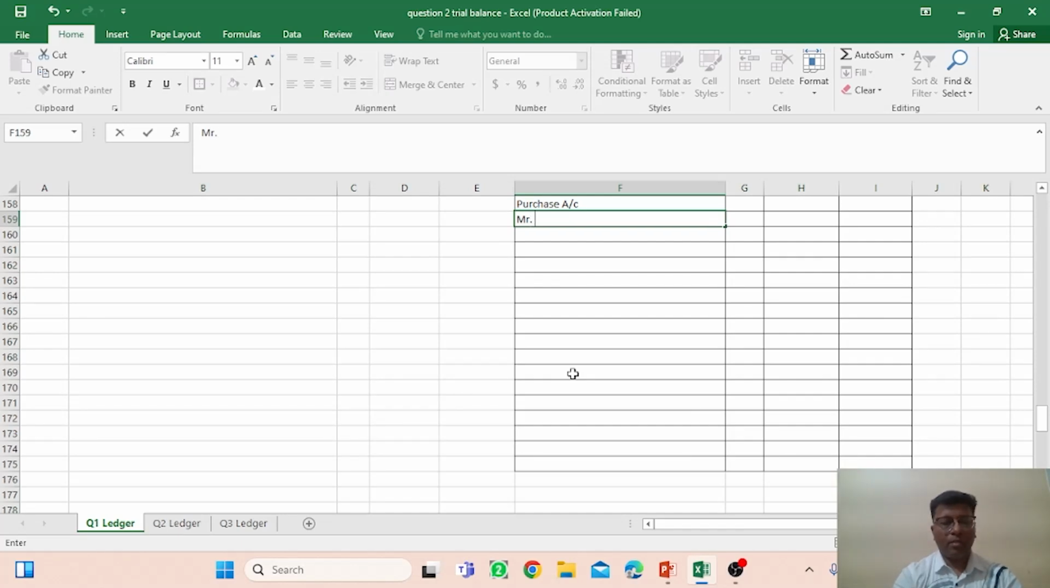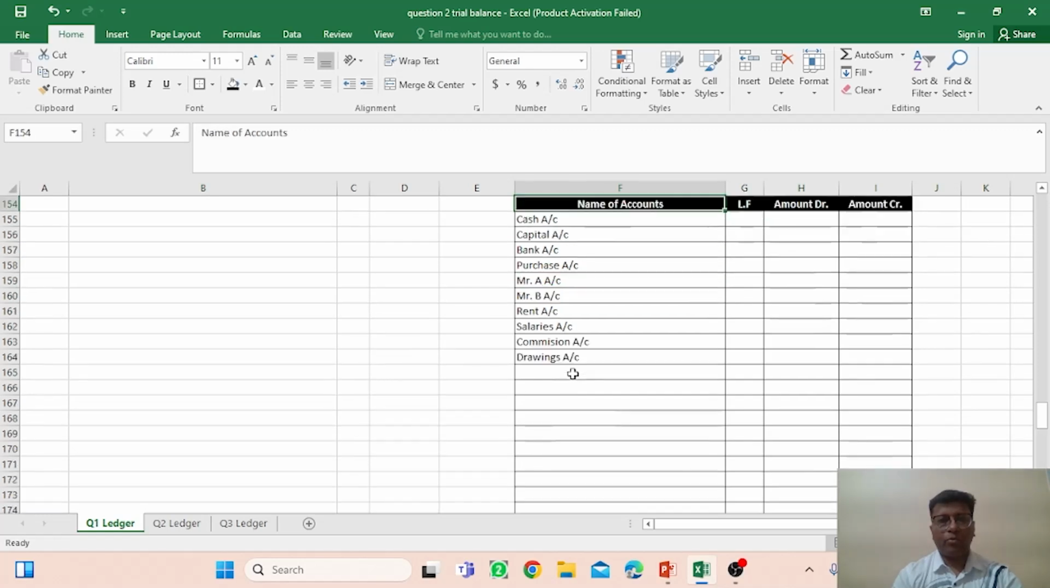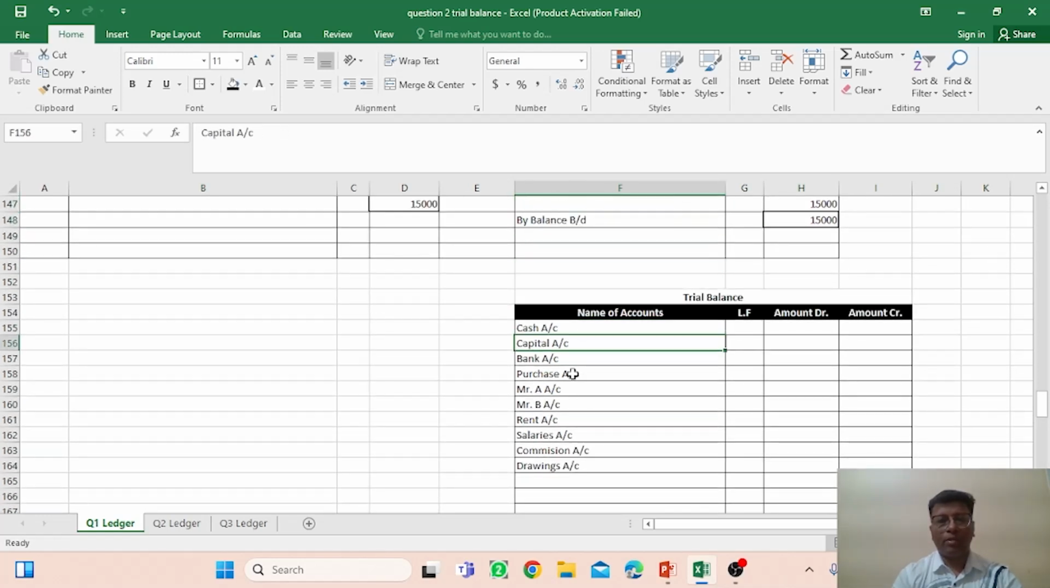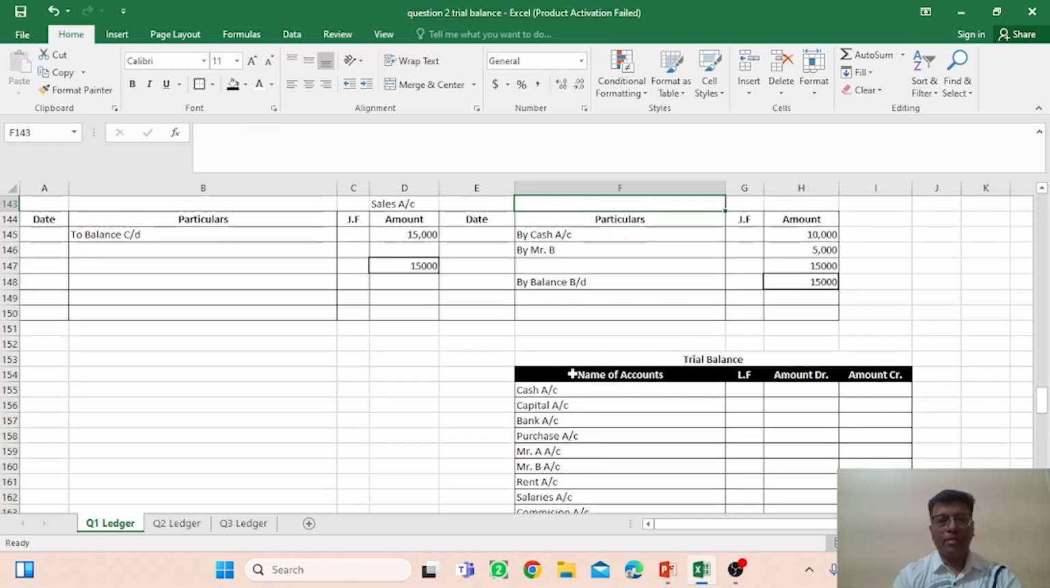Mr. A account, Mr. B's account, and rent account, and salaries account, and commission account, and drawings account, right? So you can count how many accounts are there: 1, 2, 3, 4, 5, 6, 7, 8, 9, 10. Okay, just go to the ledger